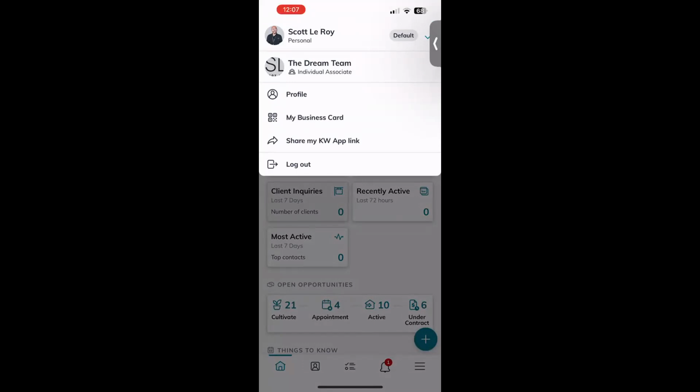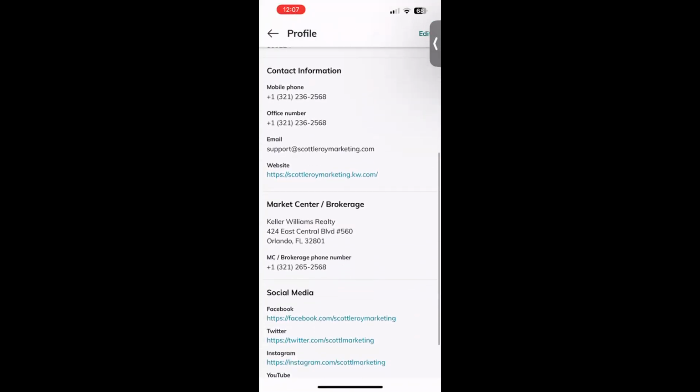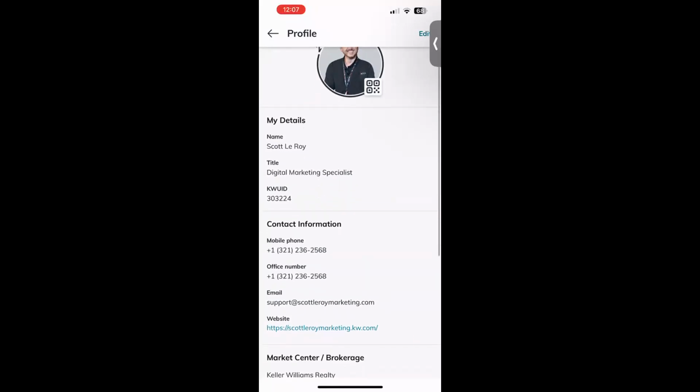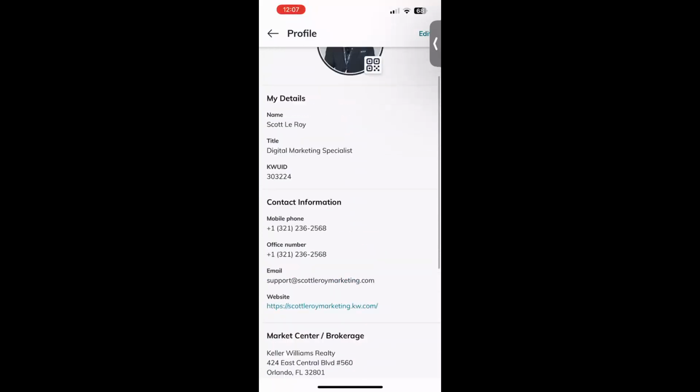So that's totally okay. It's going to show which one is the default and allow you to change those if you'd like to. And then right below those profiles, you'll see that you have a profile. Now that's going to allow you to update your personal information. You can edit this and make some edits. It's not going to allow you to make all of the edits that you can on the desktop. However, most of them that are going to be the most important, it will allow you to update. So just some simple stuff here. If we go back,